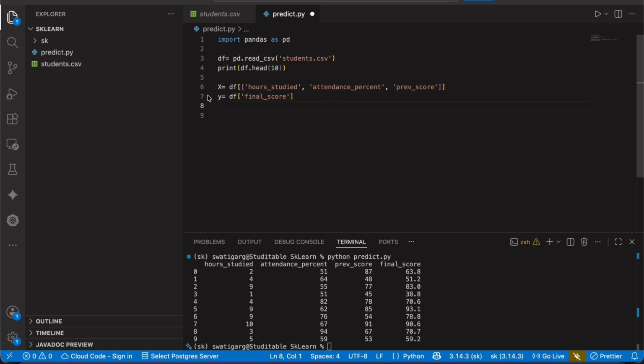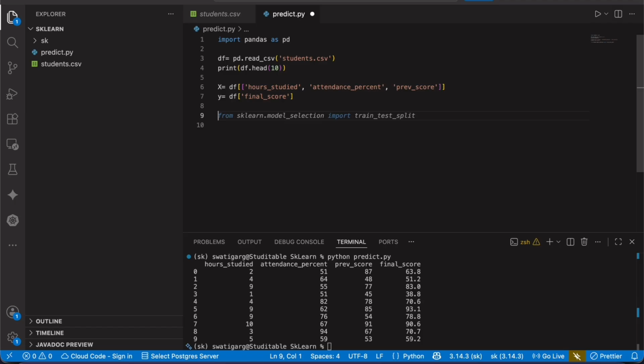So you will find this convention in many programs that you see or create: capital X is for matrix and small y is for vectors.